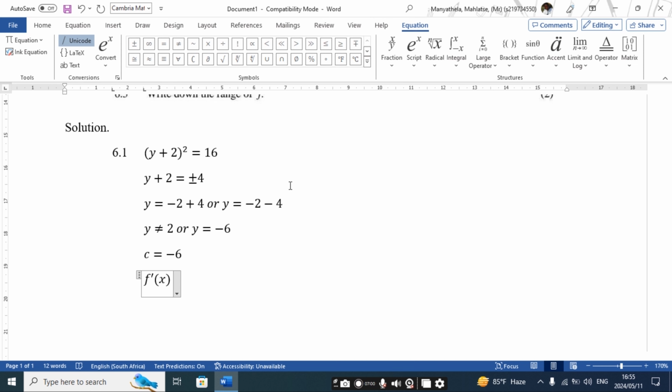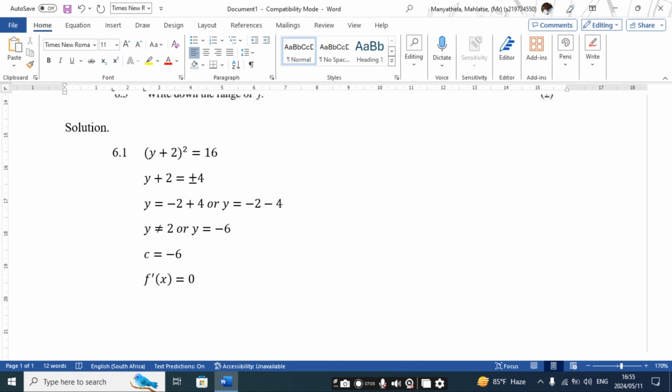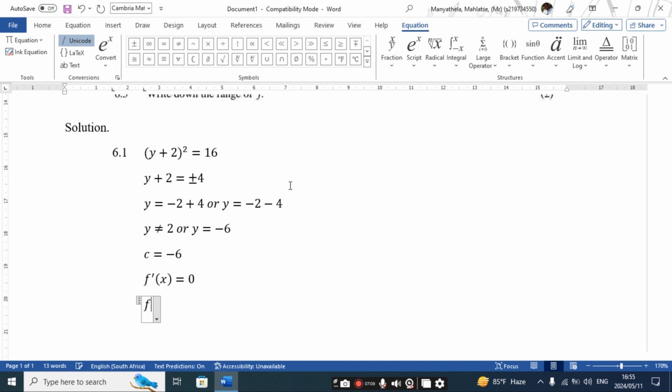The first thing that we are going to do is to find the derivative of the graph and equate the derivative to 0. So f prime of x equal to 0. Now let's find the derivative. F prime of x